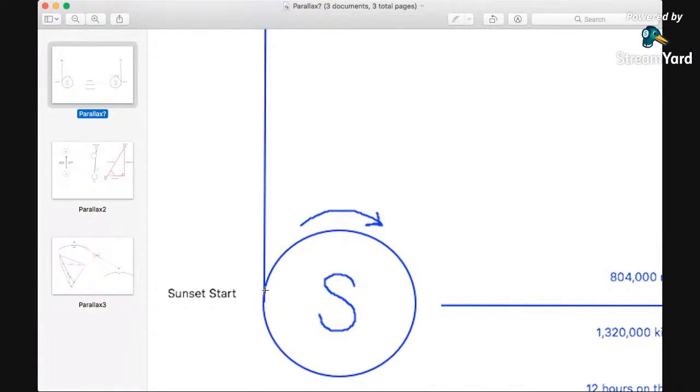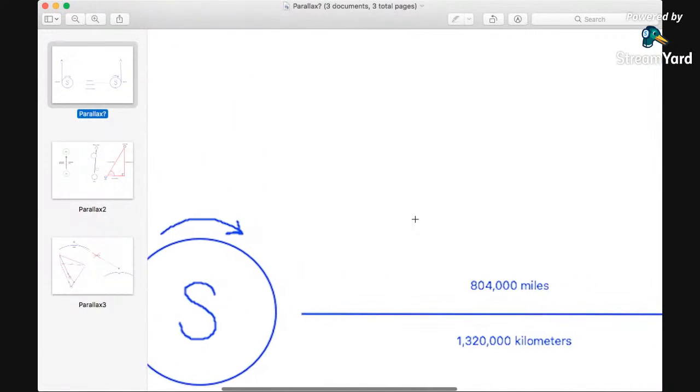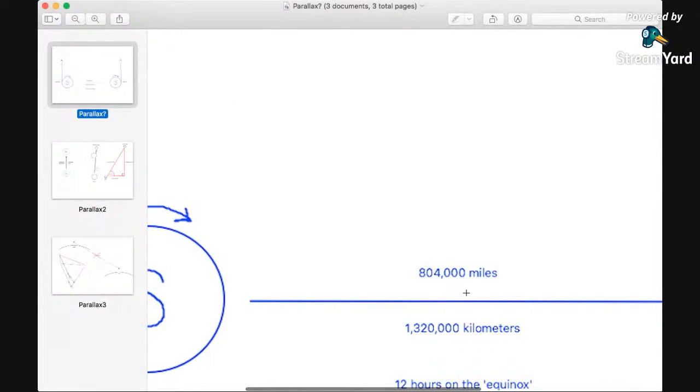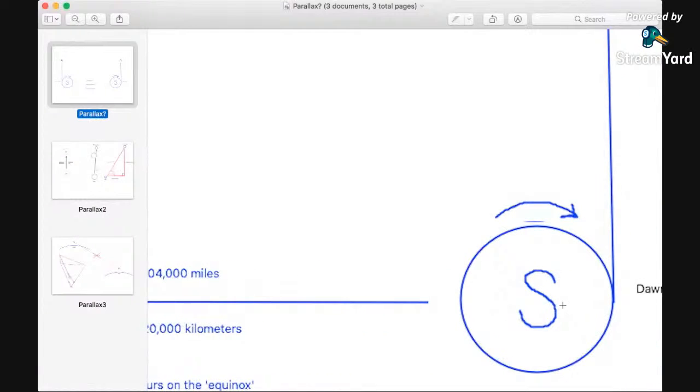East, where dawn was in the morning, right? Now they're looking east to the stars that are going to go east to west, just like the sun. So, EQ mount set up, looking at a star. The Earth is going to rotate, and what the Globelings do is they just rotate the Earth, and then they place this line here, and they go, see, there you go. No, silly, you've forgotten the rest of your model, which says that in those 12 hours, 804,000 miles has been flown by the Earth in its orbit.